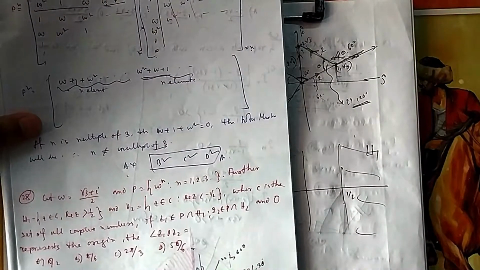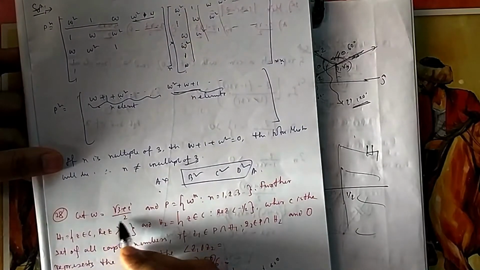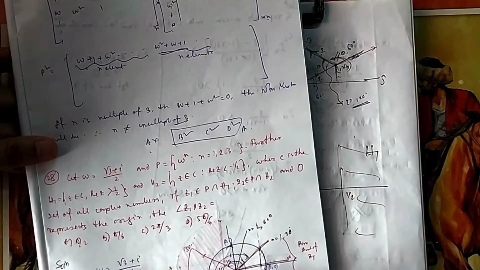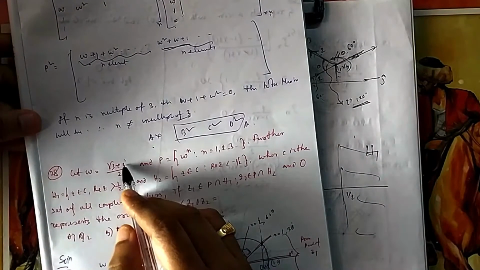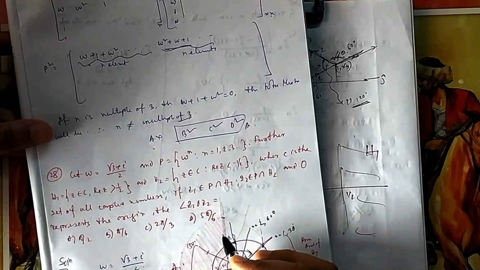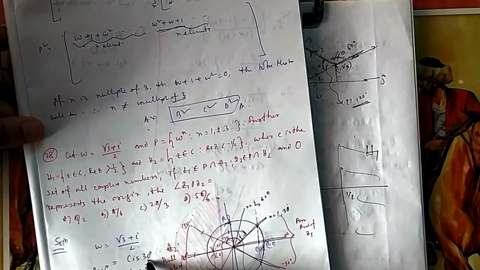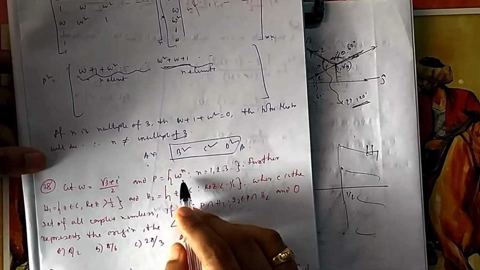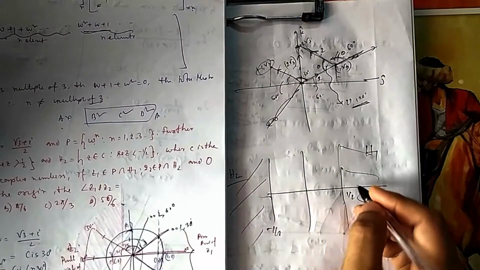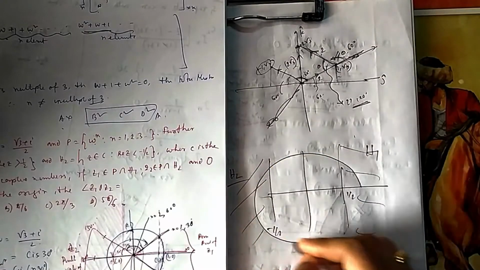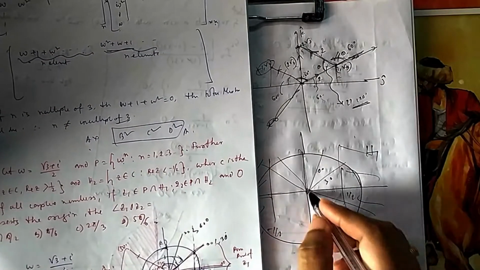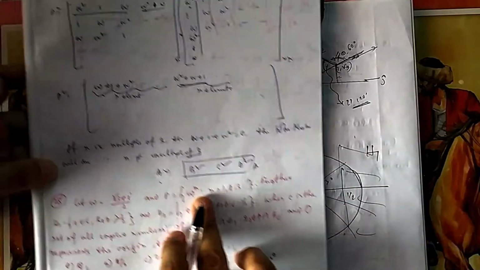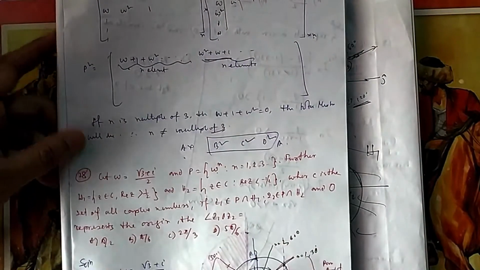Now what is this one? Omega, this one, can you remember this one? If you multiply it by i, then actually it is minus omega, what we have done. If you multiply it by i, you will get minus 1 plus root 3i by 2. Or if you compute it, the angle is 30 degrees. So if you take omega n, that means you are taking multiples of 30. That means it will lie on a circle of radius 1, because its magnitude is 1, and the angle is changing. It can be 30 degrees, 60 degrees, 90, because it should be a multiple of 30. Omega n, if you take, will go to multiples of 30.